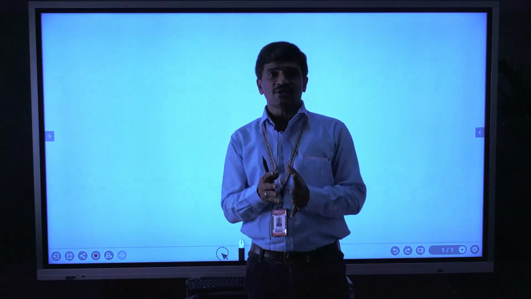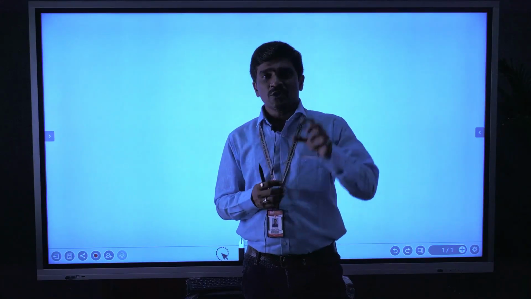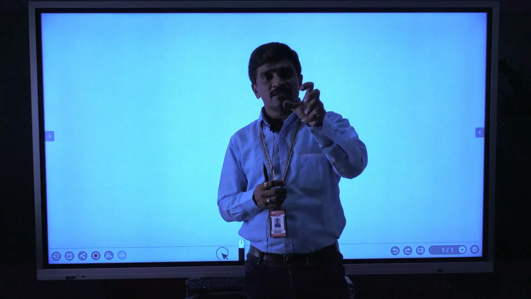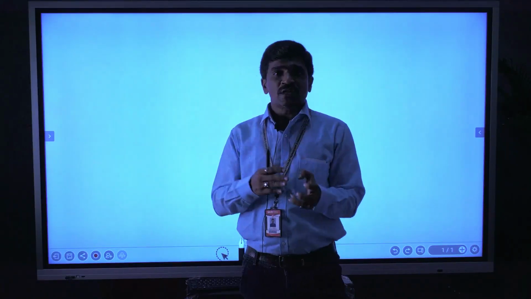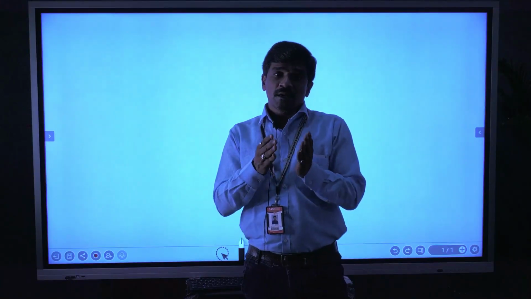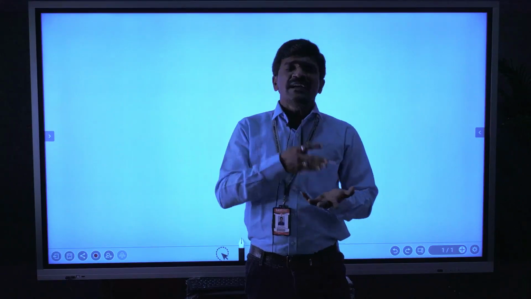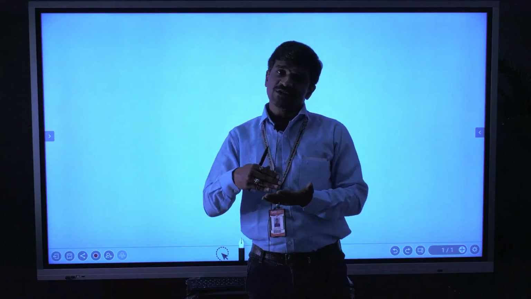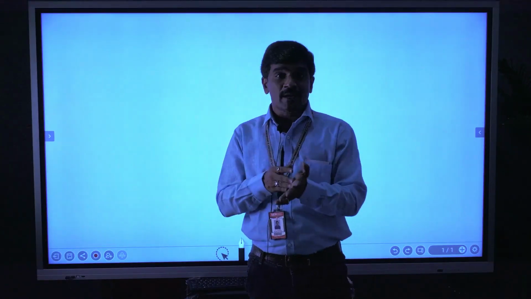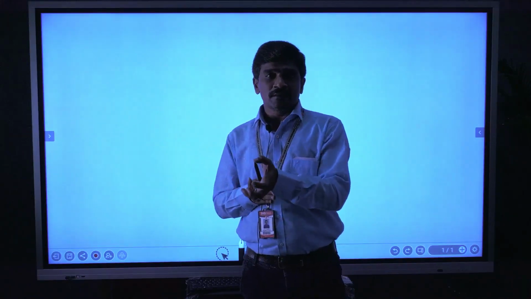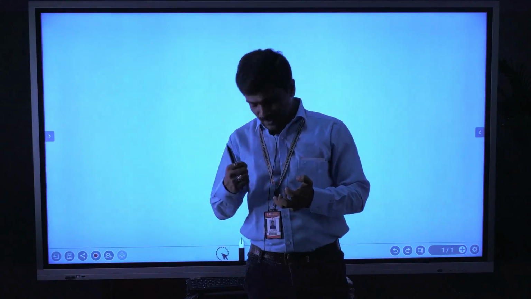Partial differentiation means part by part differentiation. Ordinary derivative: if y is the function, then its derivative is dy by dx. Here, partial derivative means part by part: suppose f is a function of x and y. Then we differentiate with respect to x and with respect to y. That means the partial derivative in either the x or y direction. In the x direction, it is with respect to x; in the y direction, it is with respect to y.